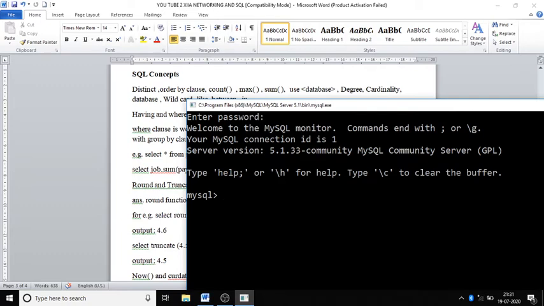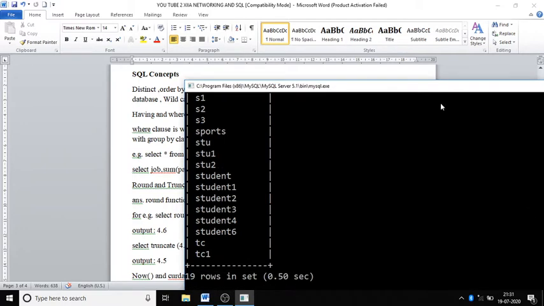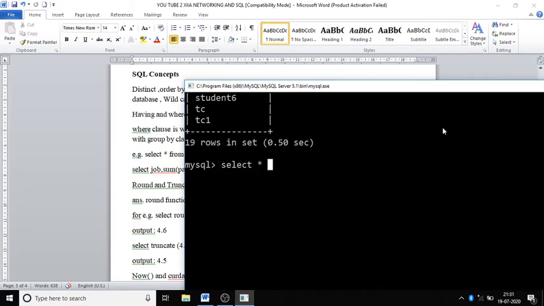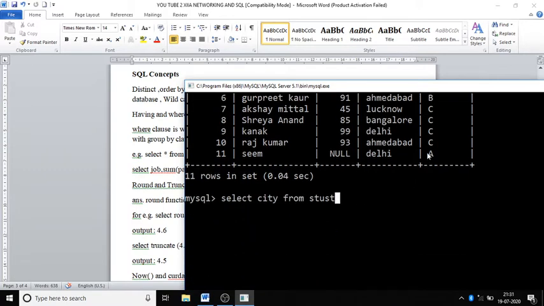For example, you can see select city from student.